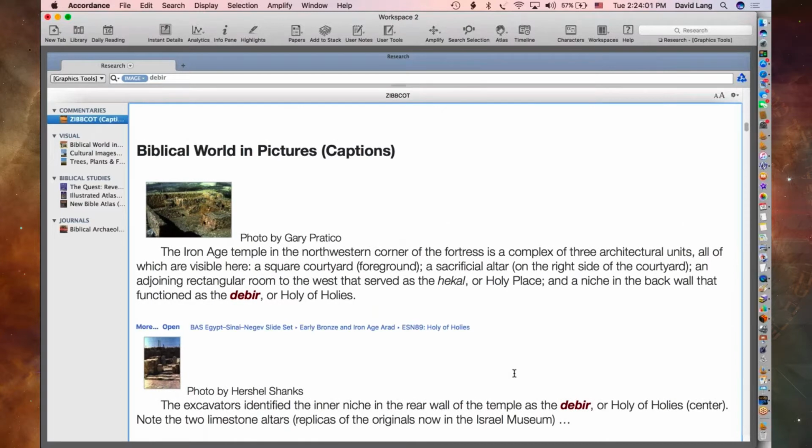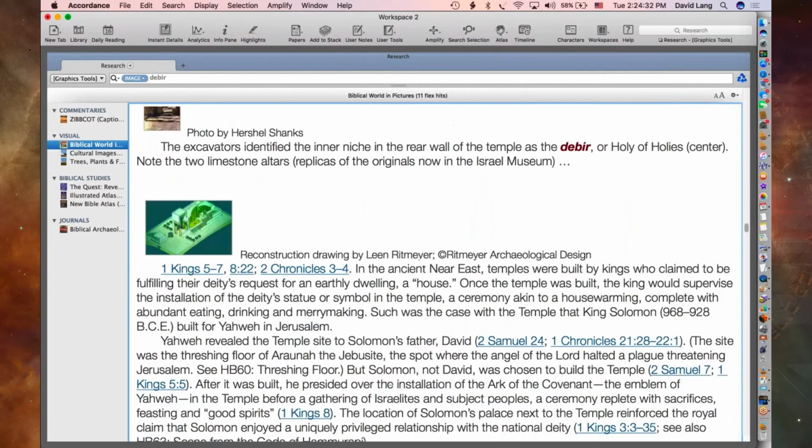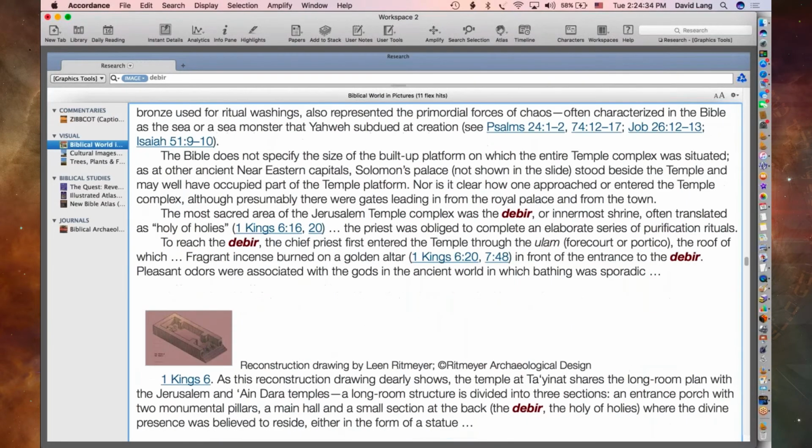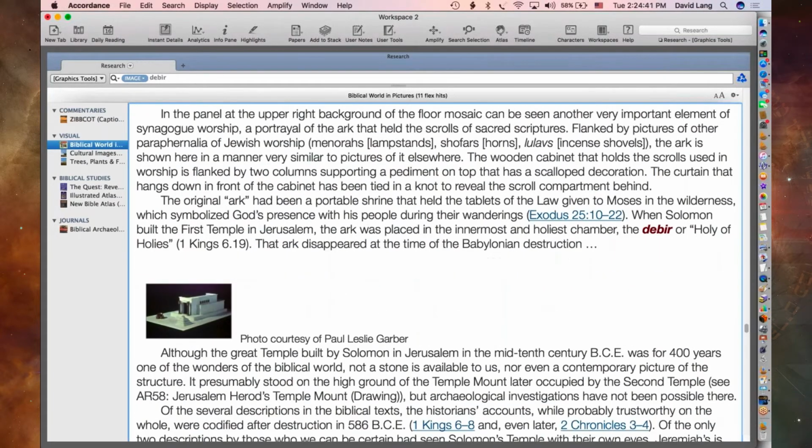Now, one of the things, obviously, anytime you do a search, you need to be careful of false hits. If I look at The Biblical World in Pictures, this is talking about the debir, or Holy of Holies. So debir, in addition to being a place name, is also a Hebrew word that means the Holy of Holies, presumably. So anytime I see debir not capitalized, I go, oh wait, that's talking about a temple and a location in a temple. So that's not relevant to me. So I'm just skipping all of that, lowercase, lowercase,